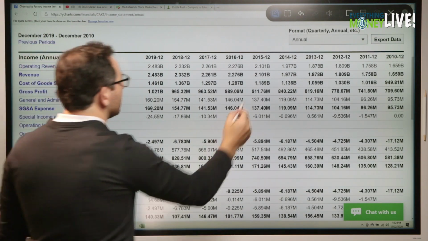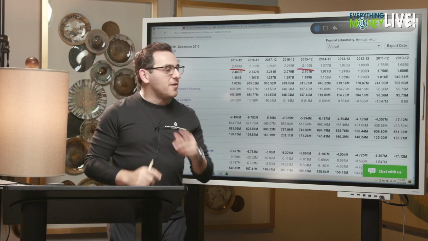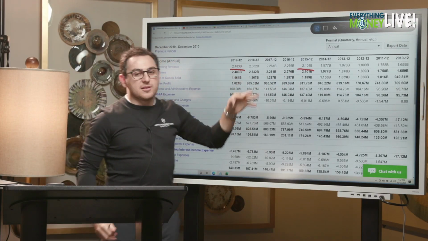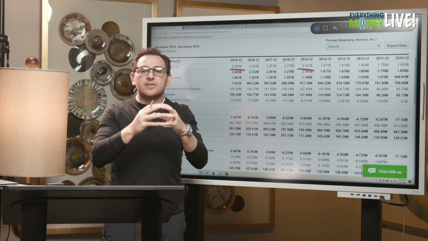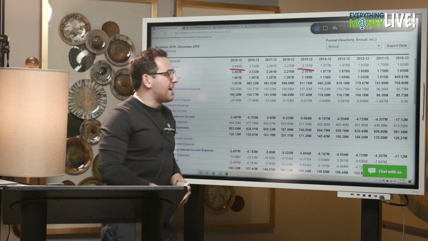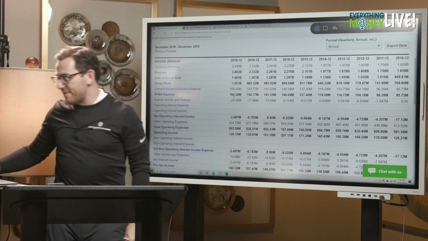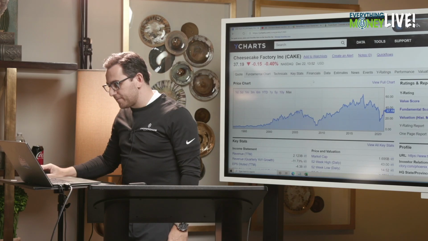Revenue, last 5 years, 2.1 to 2.4. When it comes to chains like this, guys, you want to figure out how much of this growth is because of the company's existing stores. So you want to look at existing stores' sales growth year over year over year, as opposed to new stores. I don't know how many stores Cheesecake Factory is opening, how many they have. Actually, on the main page, it'll probably say how many they have. Does not say how many they have. Too bad, right? Ah, well.